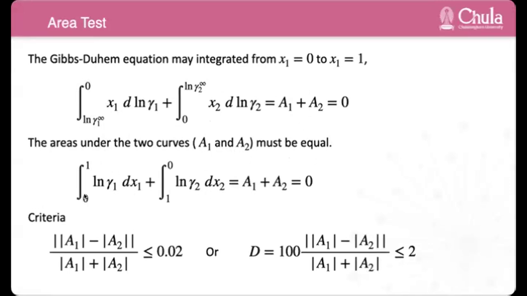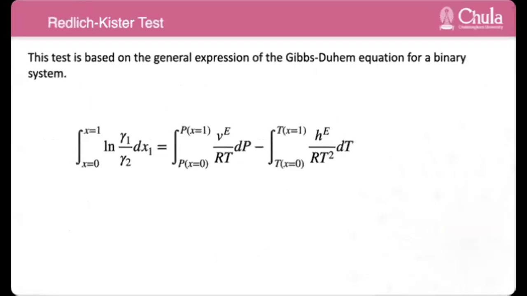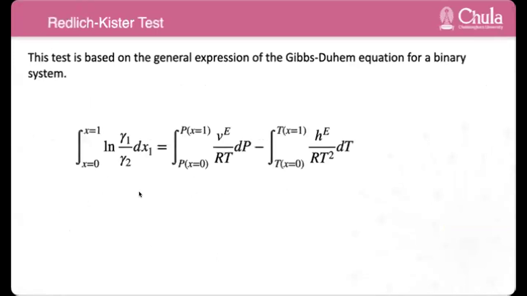Okay. So we can set the criteria for A1 and A2. Yes, both areas must be equal. Okay. And this test, we call it area test. Where, from this one you plot the graph and then you find the area. Okay. And